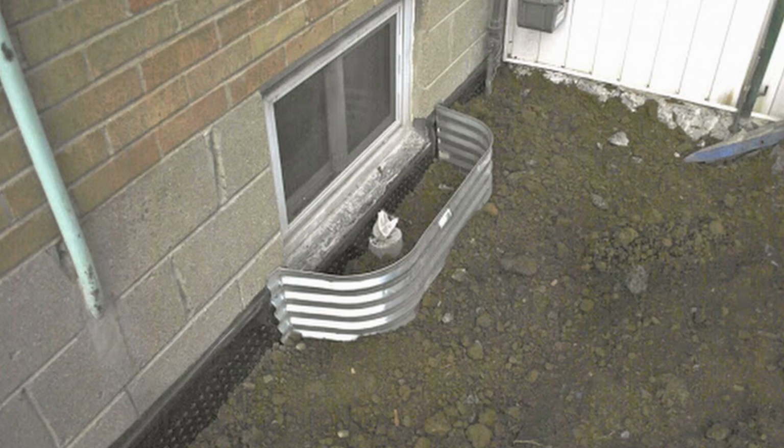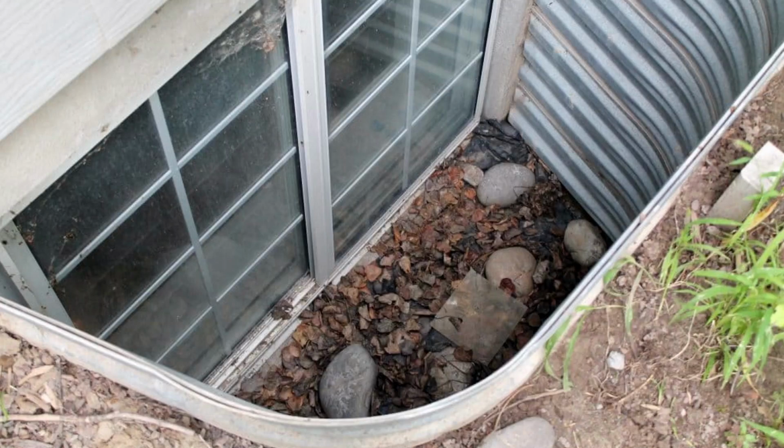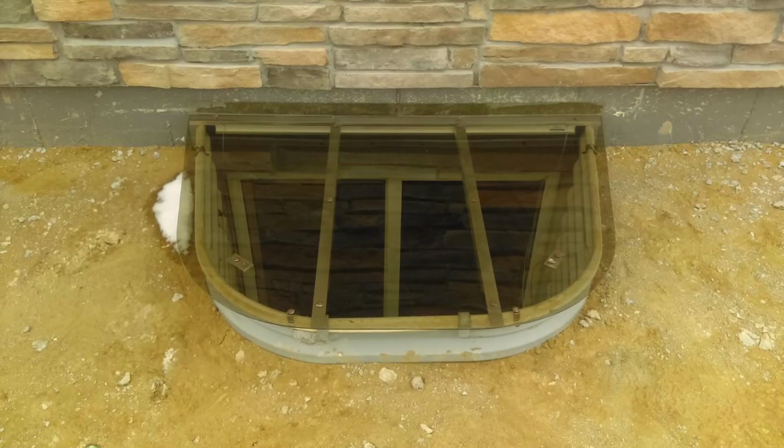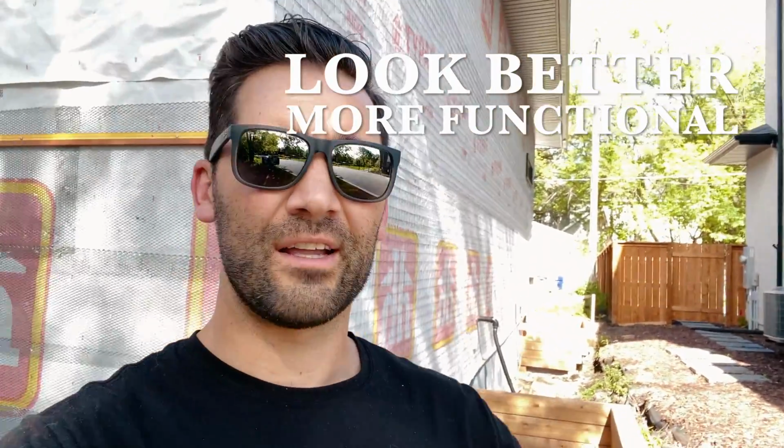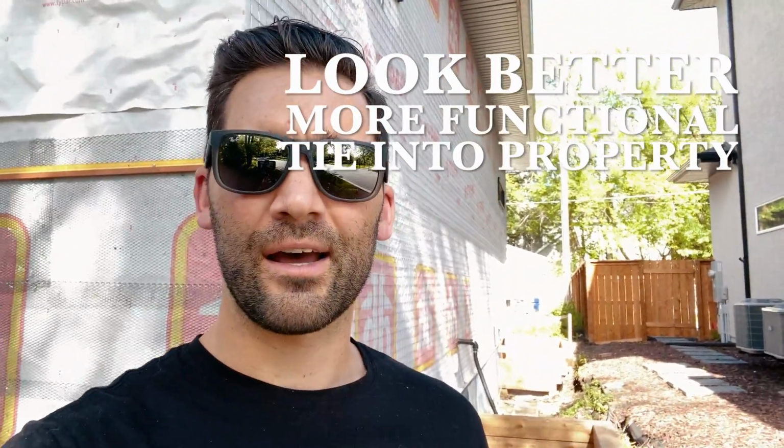We're on site on another one of our builds and we're talking about window wells. I think window wells are one of the ugliest things that builders do horribly wrong. We're building $2 to $3 million houses. Do we really want an $80 window well? The answer is no, 1000%. We're trying to find ways to make them look a lot better, more functional, tie into the property, and then